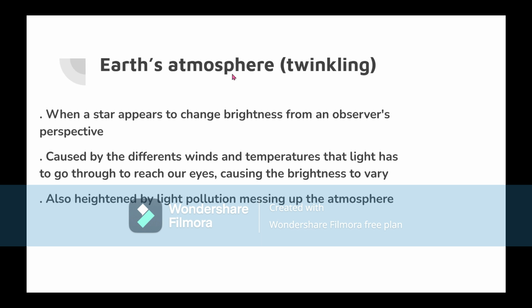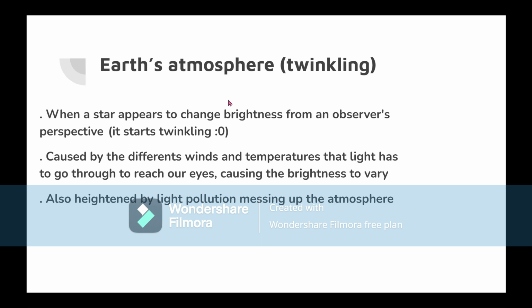That's because of what happens to the light as it enters Earth's atmosphere. The definition of twinkling is when a star appears to change brightness from the observer's perspective, and obviously it starts twinkling. That part is pretty self-explanatory, and it's caused by the different types of wind and temperatures that light has to pass through in the atmosphere in order to reach our eyes, which means the brightness can vary a little